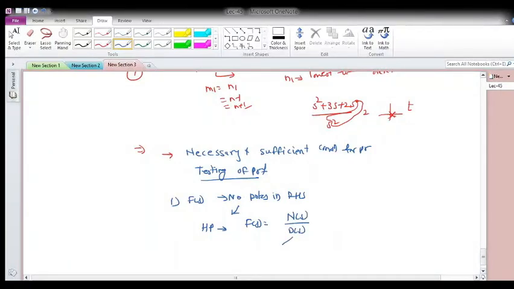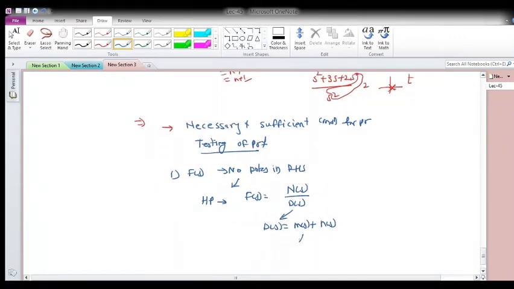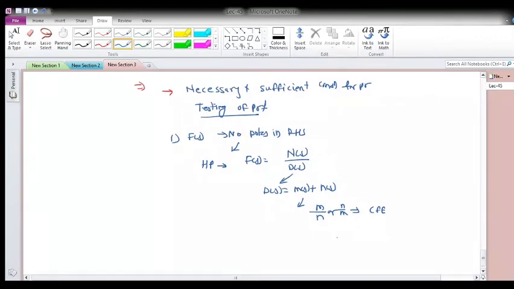And how to check it: you convert D(s) into even power of s and odd power of s, then do the continued fraction expansion, either M by N or N by M. Check the continued fraction expansion. If all the quotients are positive, then it satisfies the Hurwitz polynomial. If not, it will not be a Hurwitz polynomial.